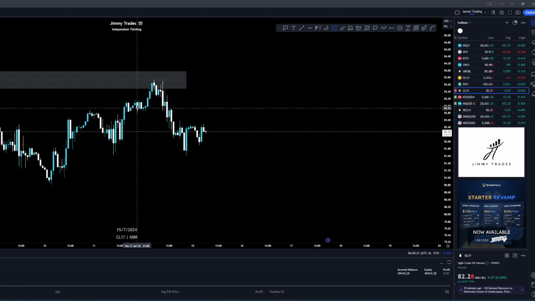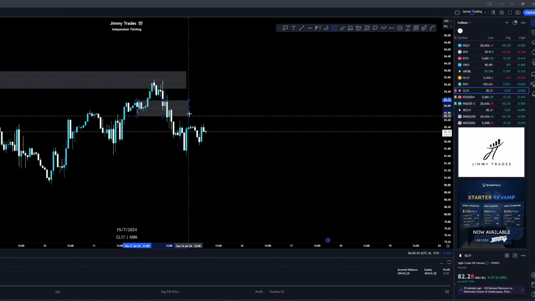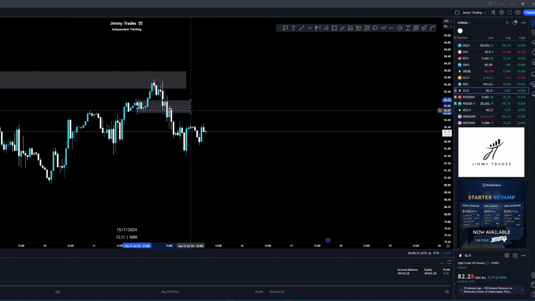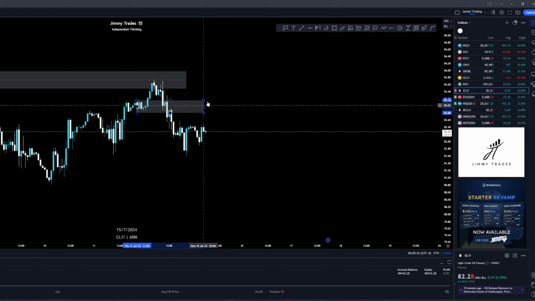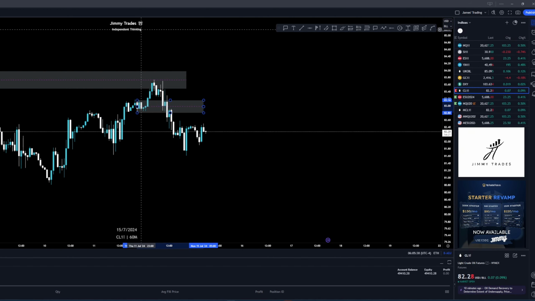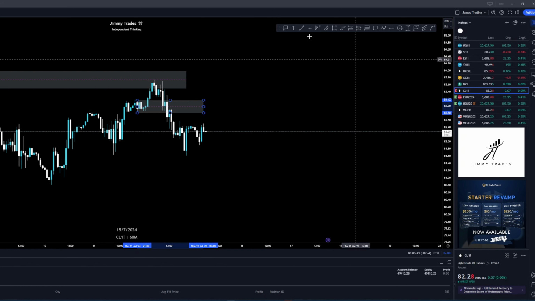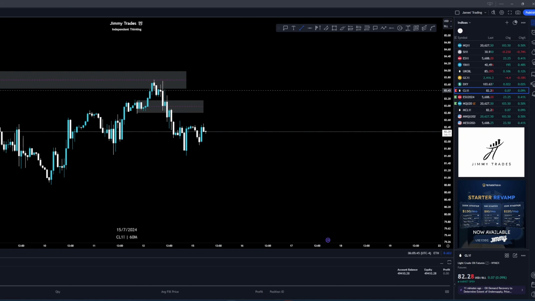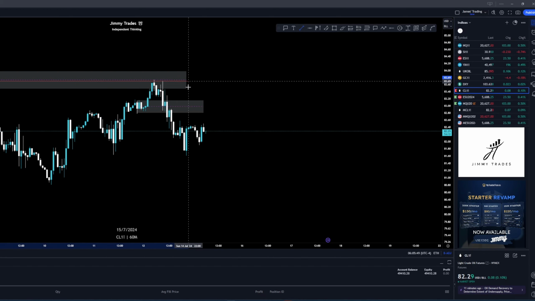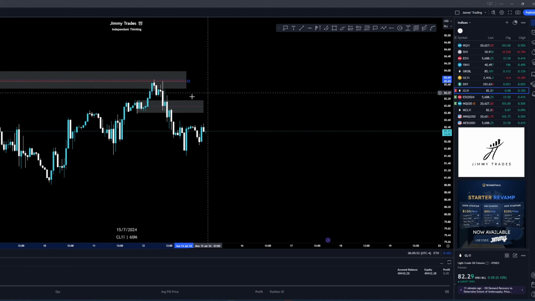Close on that candle, 82.92. So either one of these candles could be the breaker. It's not a unicorn, but it is a breaker. There's no FVG aligned. So we do have an hourly breaker. And we also have respect of a change in the state of delivery at this level here. So that has been respected.